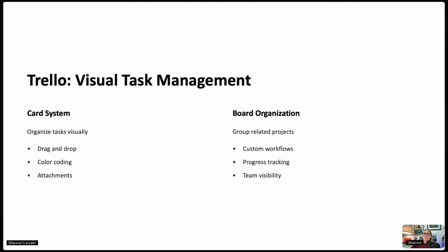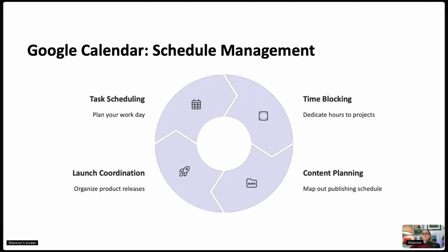Trello is amazing. I haven't used it in some time, but it's really good for helping you stay organized. If you have ideas, you can pull everything into one little board, and you can put little notes in there to kind of keep yourself organized. Google Calendar,